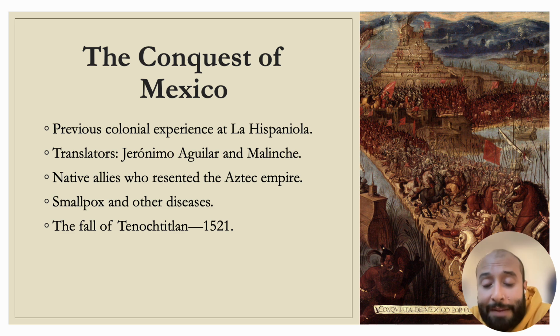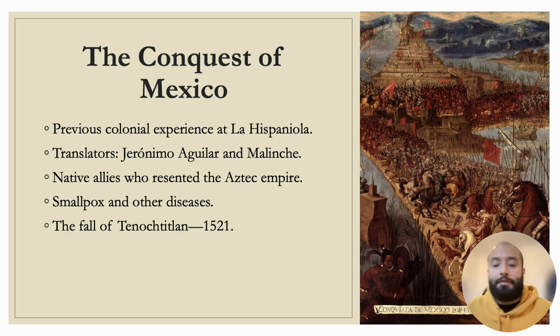Remember, as I mentioned last time, the Aztecs had the tendency of being an expanding empire. They would go over other societies. They would impose a tribute system, taxation, right? So for many of the societies under the control of the Aztec Empire, an alliance with the Spanish, who promised to oust the Aztec Empire, proved to be very much sought after.